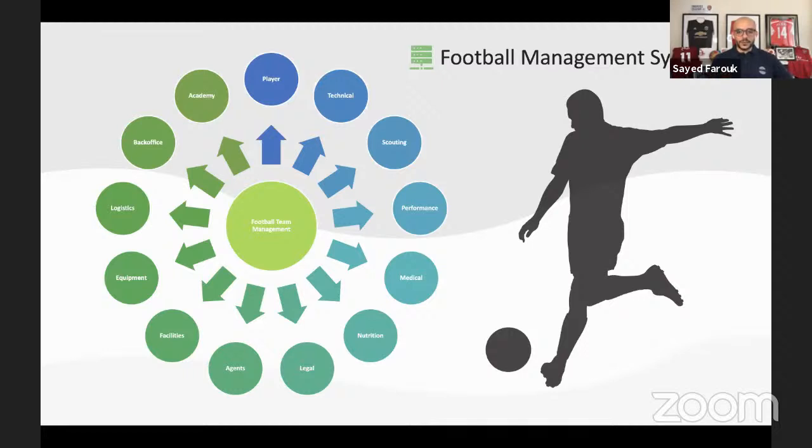The technical area is for the manager. This is where they put all their training drills, their analysis about the games, their plans, their calendar, for example. The scouting department, they obviously come into play as well. The performance, the medical, the nutrition, the legal, the agent, the facilities, the equipment, logistics, and back office, and the